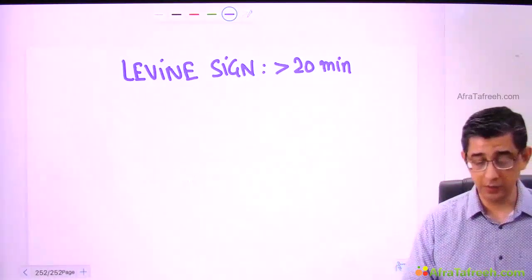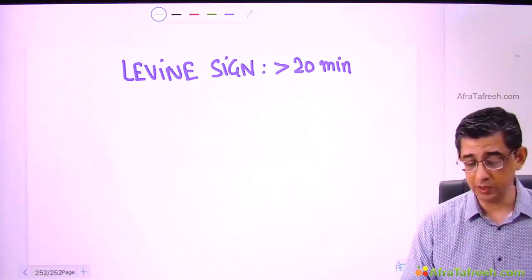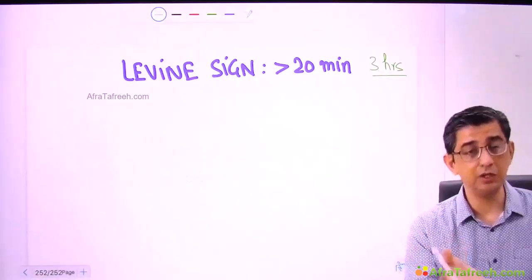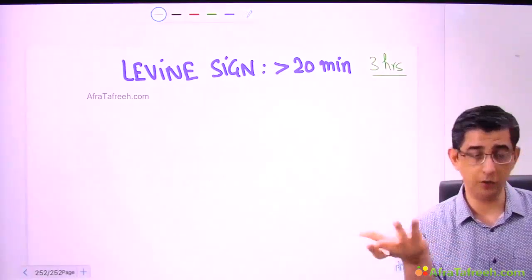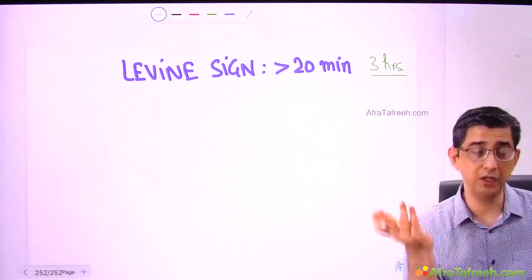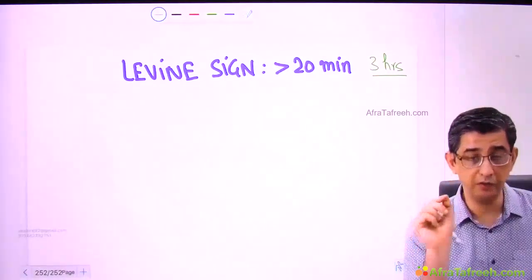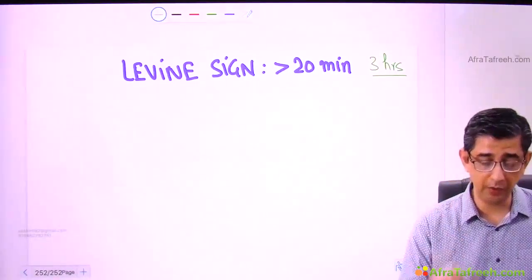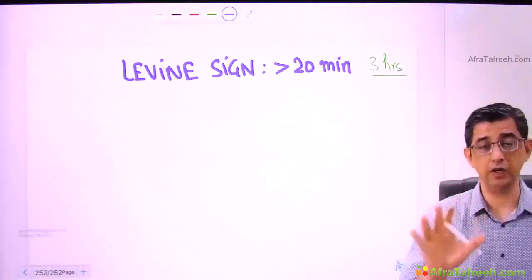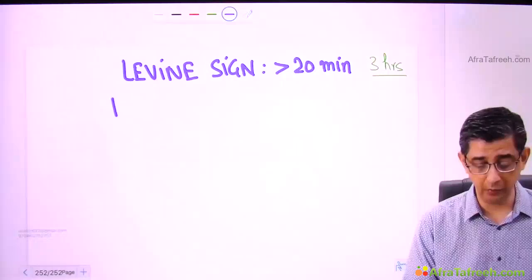There is obviously a possibility that in some MCQs he might actually say the patient presented after 3 hours, 4 hours. Why? Because he has to tell you about the rise of troponin I, because troponin I will not rise substantially immediately. It will take some time to rise. My message is, if anybody is having diffuse chest pain for more than 20 minutes, you should suspect myocardial infarction to be present in a patient till proved otherwise.